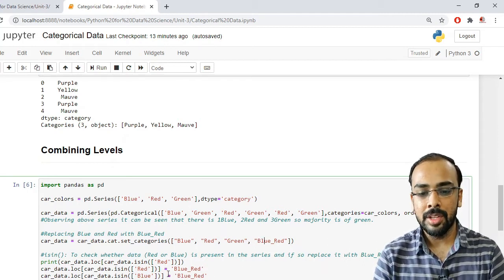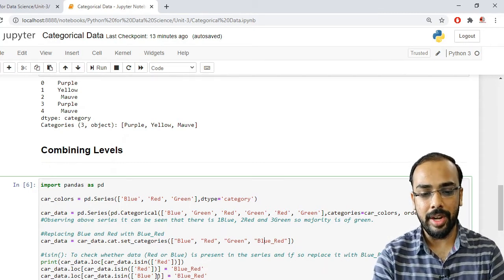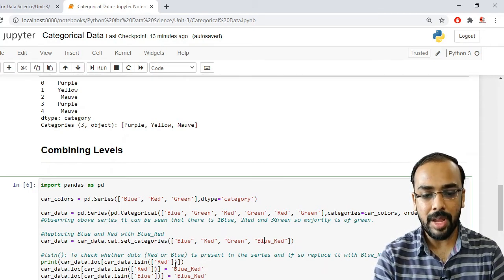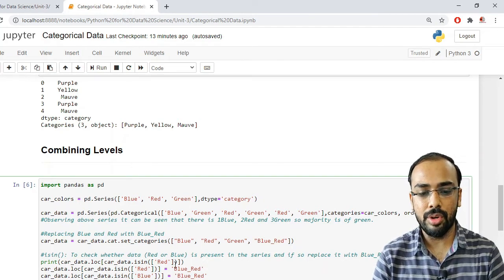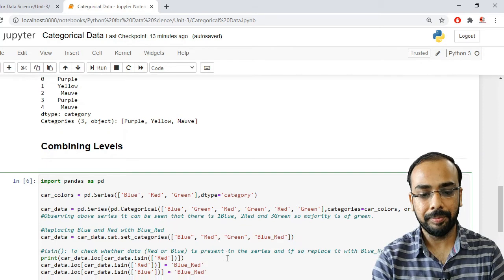So what we want to do is replace blue as well as red with the color named blue underscore red. So we will write it 2 times. Why? Because for the number of colors you want to combine, that many times you have to check it.